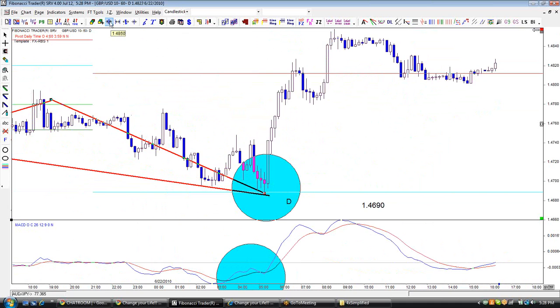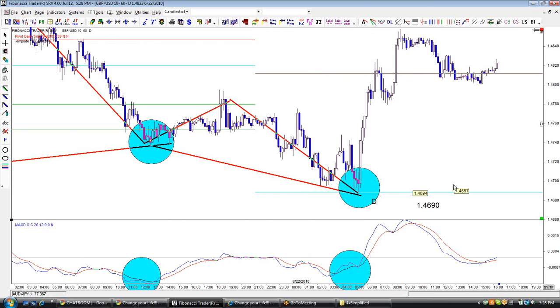Well, look at the pivot. Now, support 1 is converging at that same exact level. Now, what is actually the pivot? The pivot is